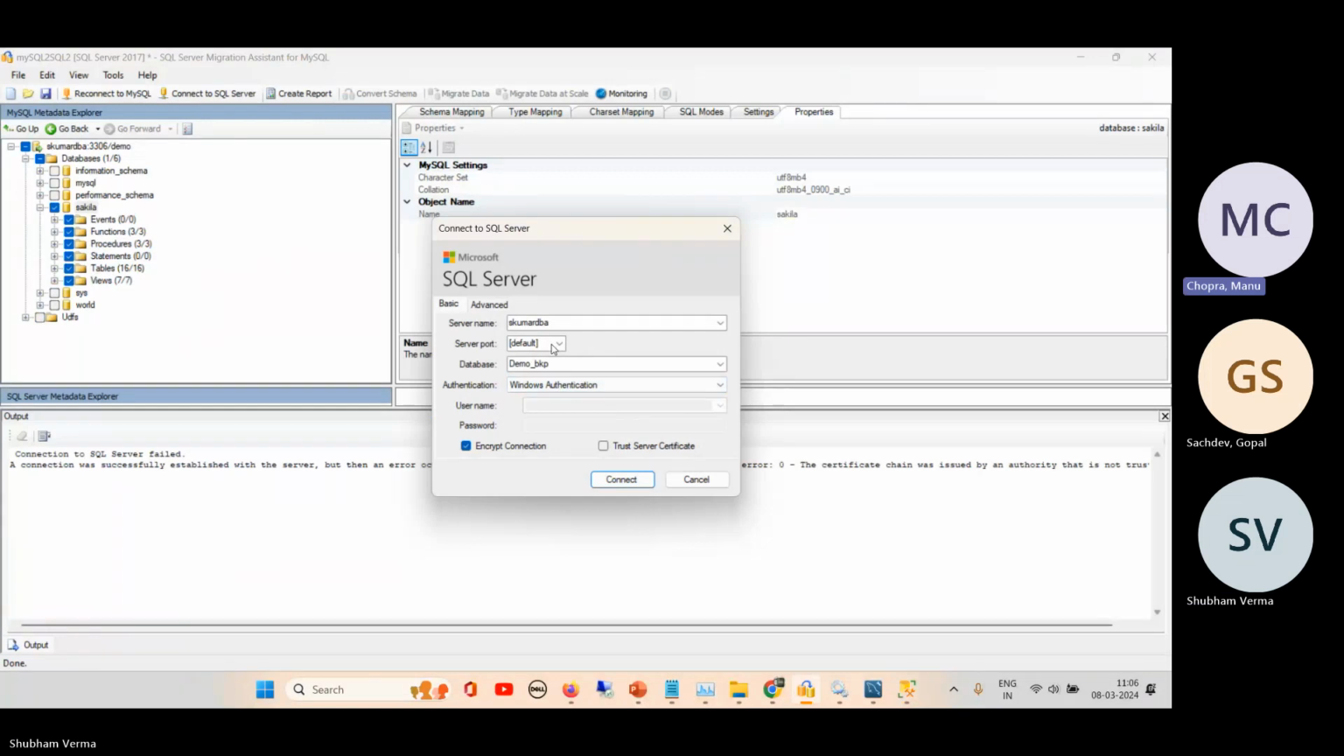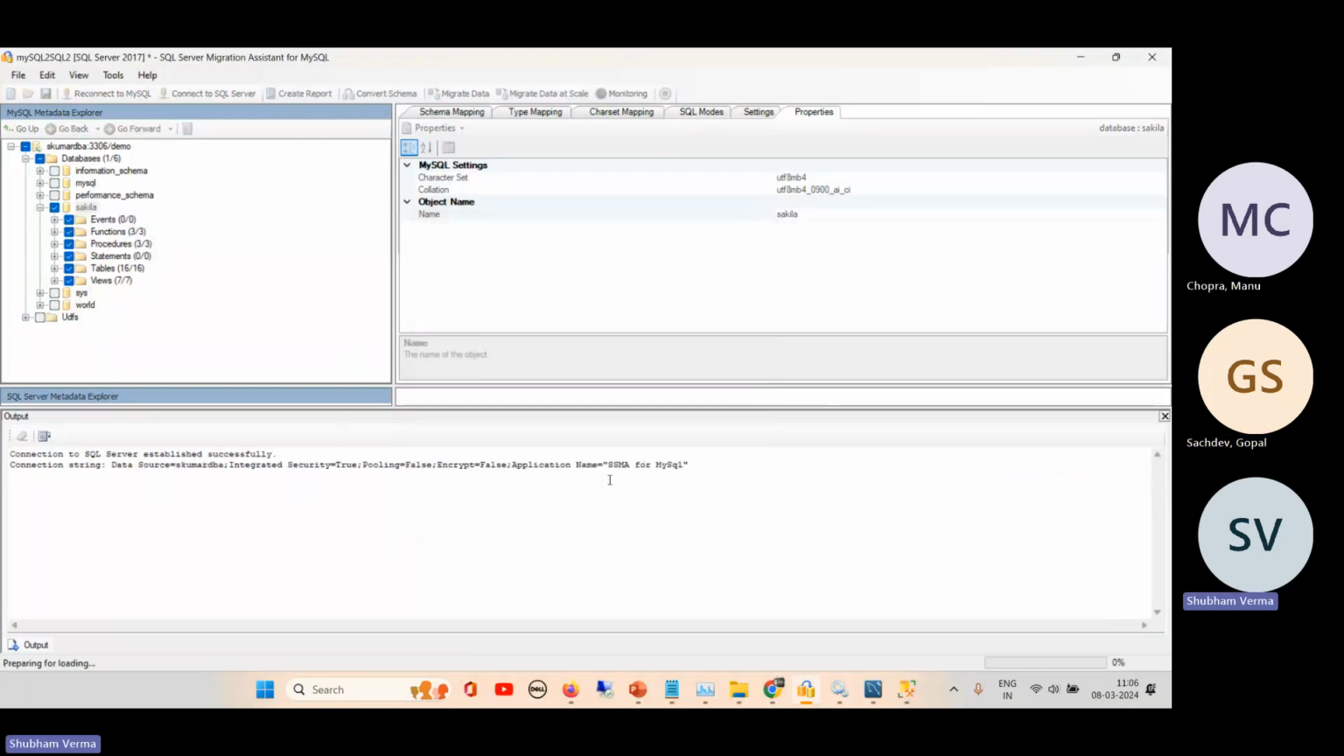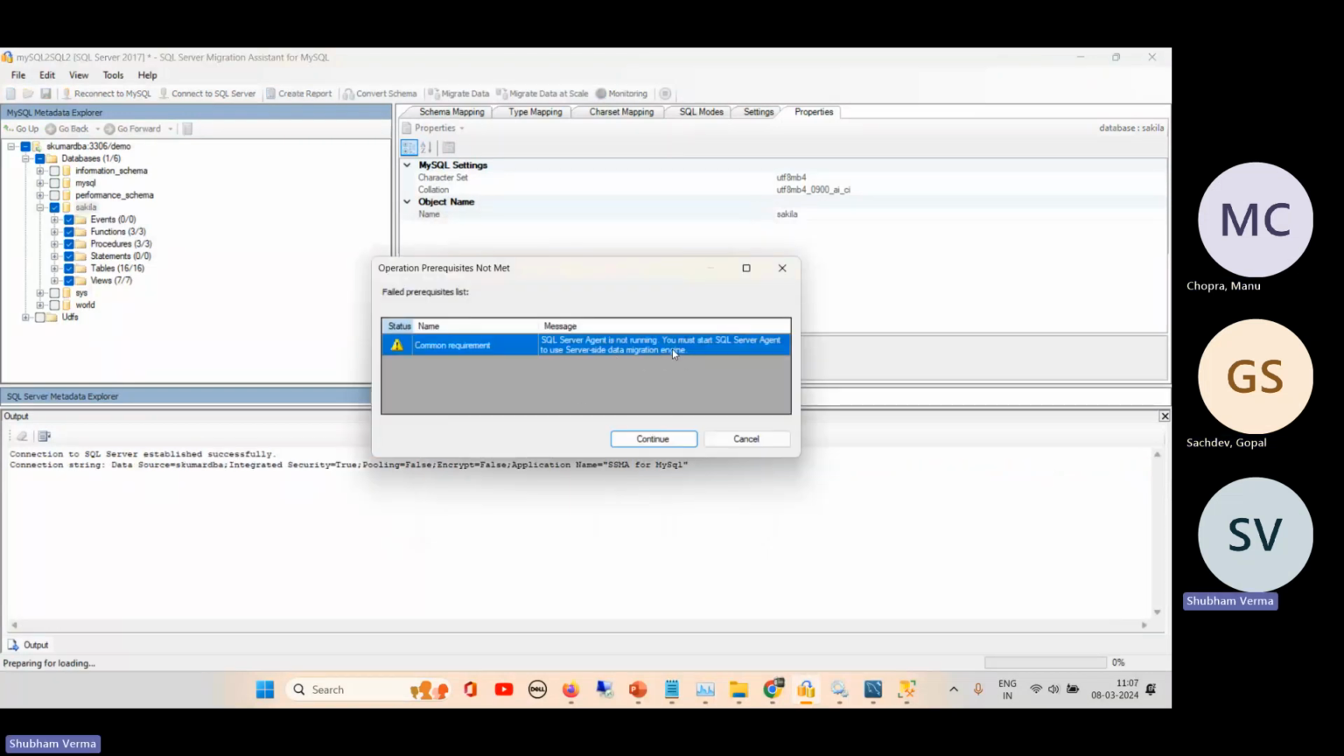It is giving a certificate error below, no? So yeah, trust server certificate, remove this encryption connection. Yeah, also Windows authentication, now try. Windows authentication will work, not just locally, not totally locally. See, it is saying that